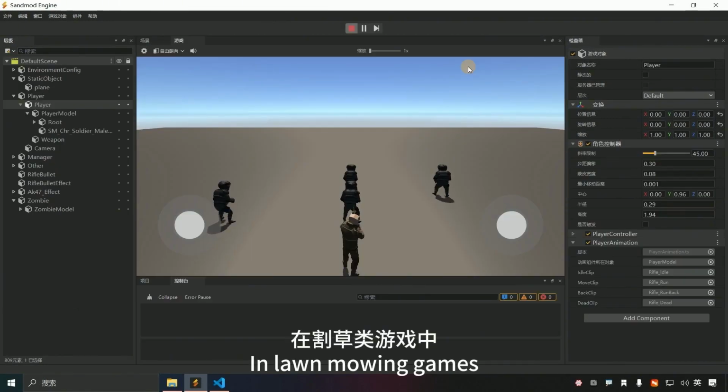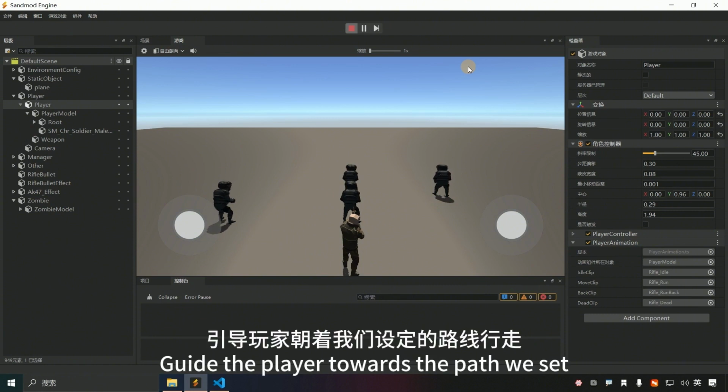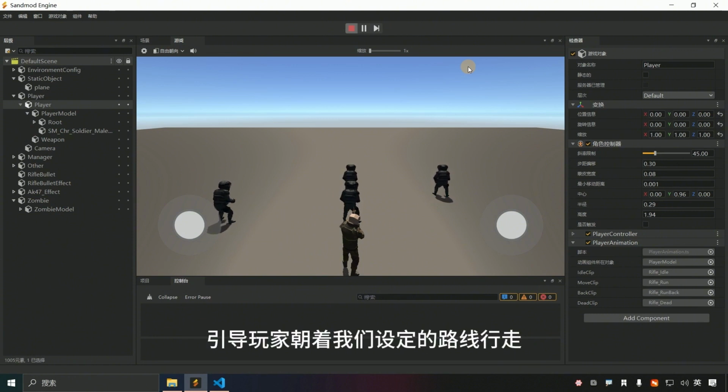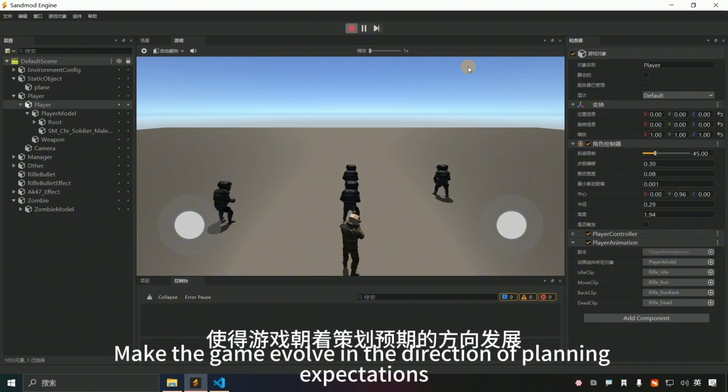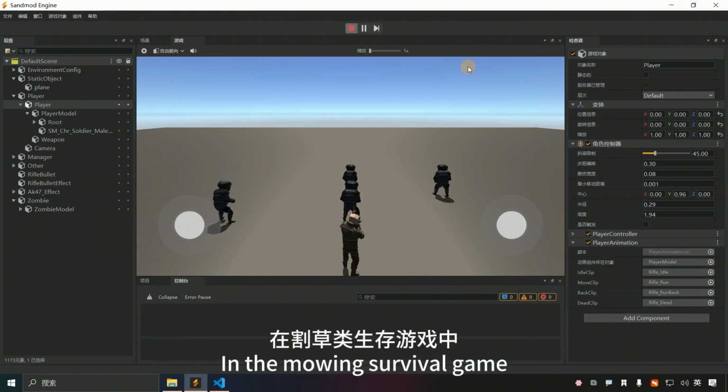In lawn mowing games, we can use the design of maps and the construction of the scene to guide the player towards the path we set, and make the game evolve in the direction of planning expectations. Therefore, in the mowing survival game,